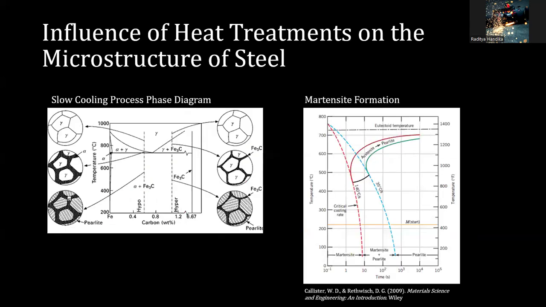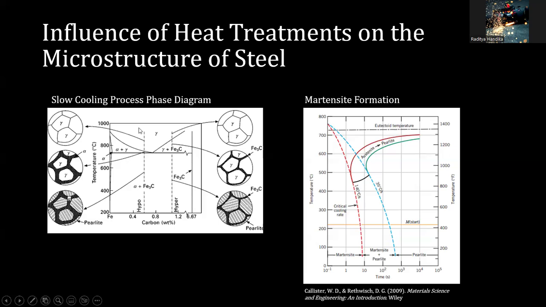So the next one is about the influence of heat treatment on the microstructure of steel. In this case, the gradual cooling of austenite results in alternating layers of ferrite and cementite, balancing strength and ductility. Fine pearlite forms under air cooling, yielding higher hardness, while furnace cooling produces coarse pearlite offering greater ductility. This microstructural variation reflects the different mechanical properties achieved through controlled cooling, allowing for optimal performance.